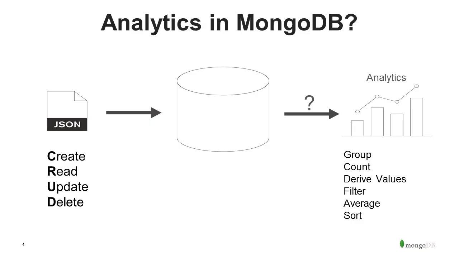So what does it mean to do analytics in MongoDB? As you all know, MongoDB is a document-oriented database, and we store our documents in JSON notation as these little JavaScript objects. The basic capabilities of a database are the ability to create data, query that data to read it, update it, and then get rid of data that no longer matters. But in all real-life applications, you actually need to do more complicated things with your data. You're looking to do things like count records that have a similar value, filter things, look for averages, group things, all different kinds of things to build